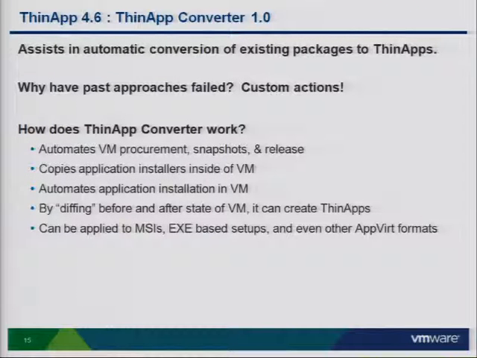Okay, so now I'm going to talk about a new feature, which I think is a first step in a big future direction for VMware and ThinApp. This is something we're calling the ThinApp Converter. With ThinApp Converter, we essentially want to automate the conversion of various other types of packages, maybe an MSI package, maybe an .exe bootstrapper, maybe some homegrown deployment system, and convert them in an automated fashion to ThinApp packages. Now, this is something that people have tried in the past,